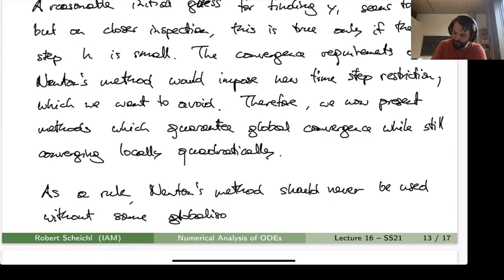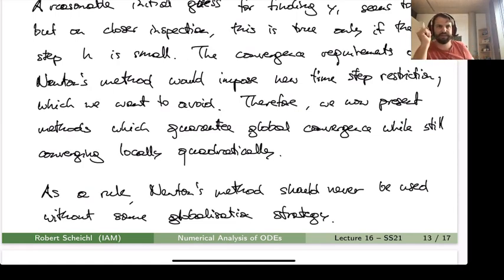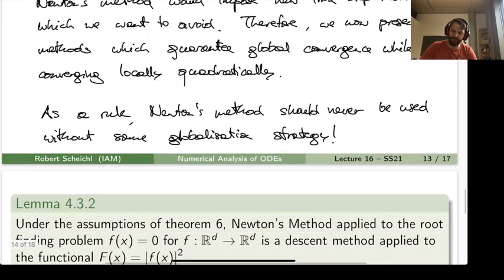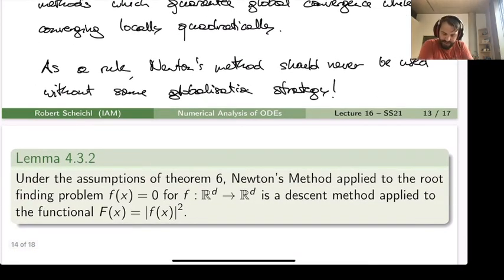I'm only giving one, namely the line search strategy. There's also another one called trust region methods, but I'm not going to dwell on that. Again, I'll refer to Nocedal and Wright for that. So under the assumptions of theorem 4.1.4,